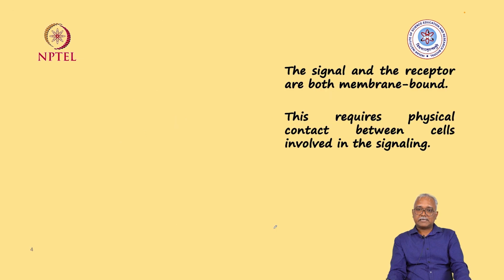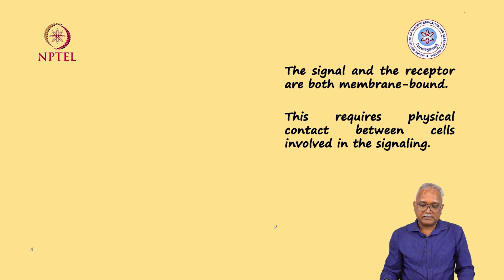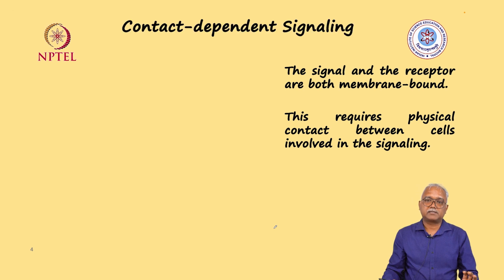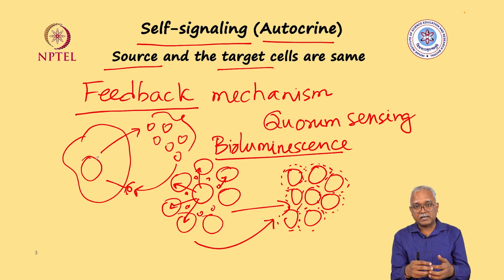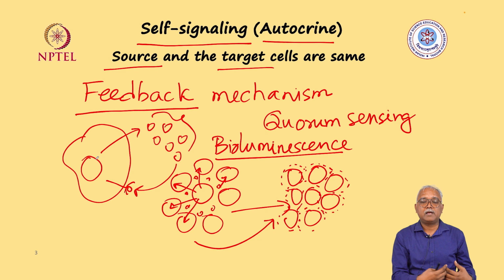Now one of the other signaling types is called contact-mediated signaling. The name itself is very clear. It suggests that the two entities participating in the signaling must come in close contact. In the previous cases, you would have noticed that a cell is producing the signal and a cell which is far off could receive the signal, right? So the two cells which are part of the signaling event are not coming in close proximity.